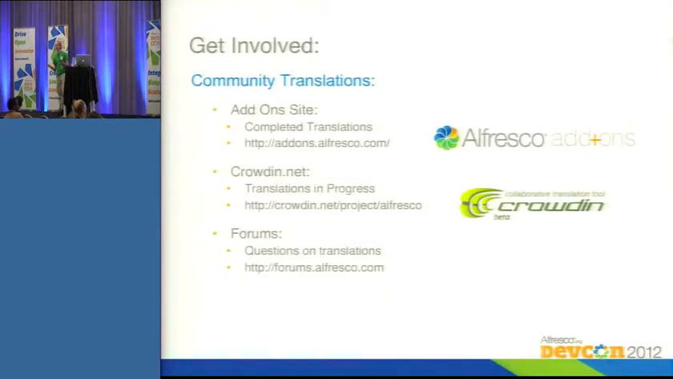And if any of you have a pet language or a specific customer need for a language that we're not supporting, there are lots of ways you can get involved. There's the Alfresco add-on site, where you can download languages that other people have submitted. And if there's no language there or you want to improve on that translation, Crowdin, I'm told that's the best place for collaborating on software translations. And if you've got any questions, then the forums are always a good place to go for that. So that's the localization